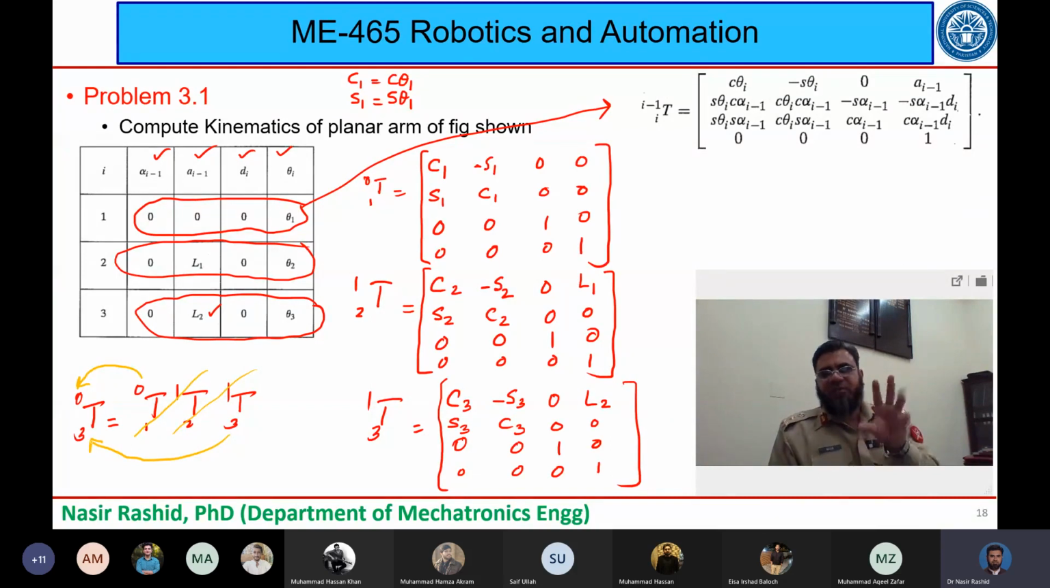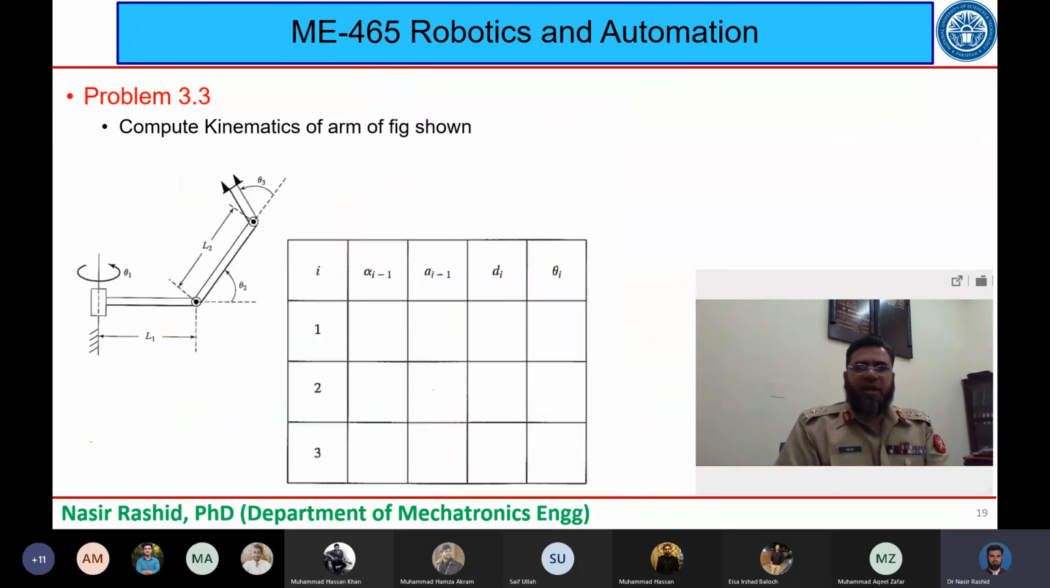So the base is assignments, variable की assignments, link की assignments, then उनसे DH table को बनाना. This is the baseline. If you have made it correctly, then there will be no problem in finding out these transformation matrices. So